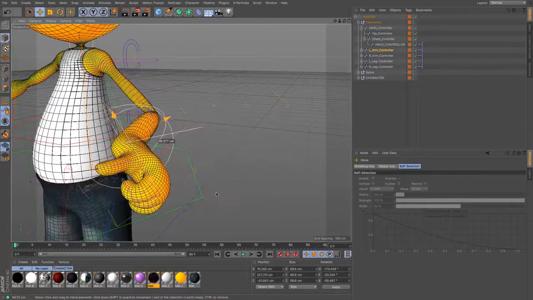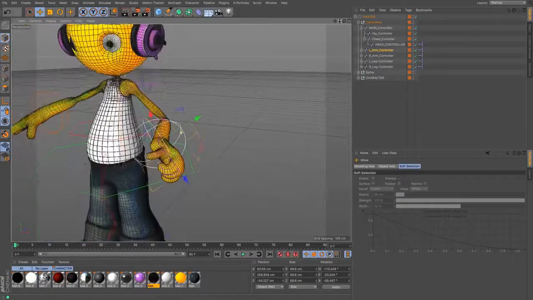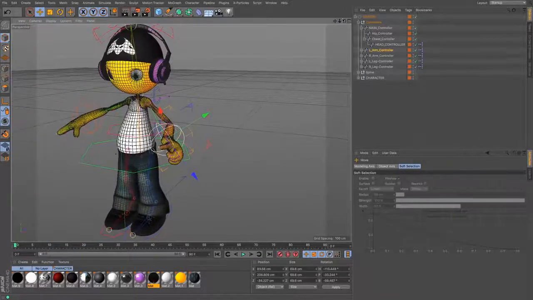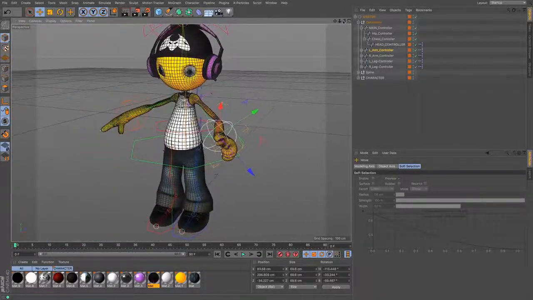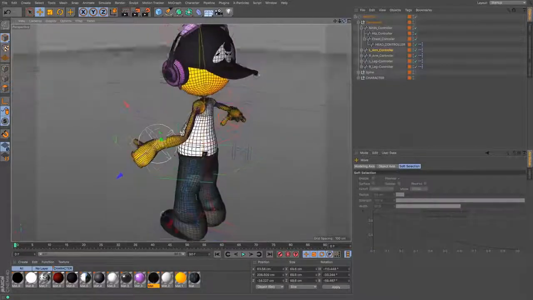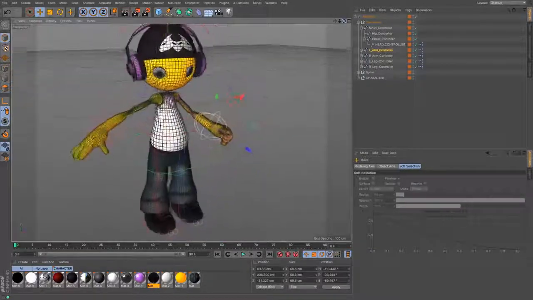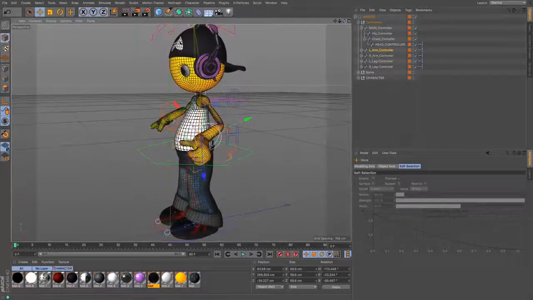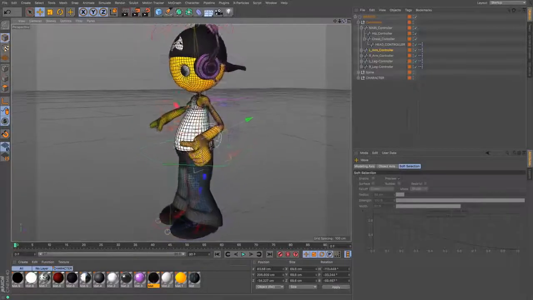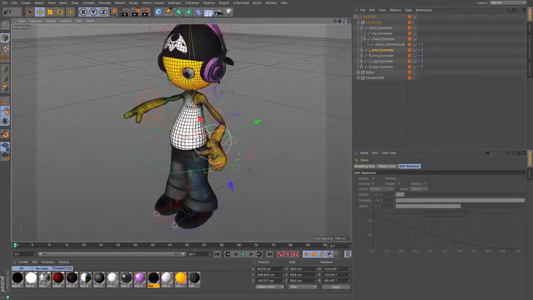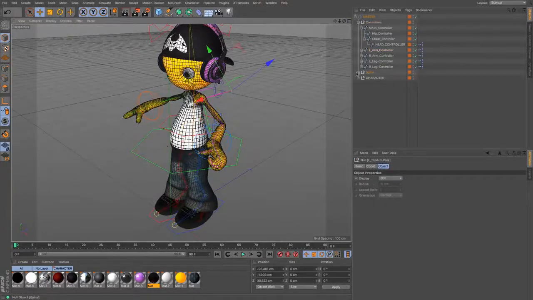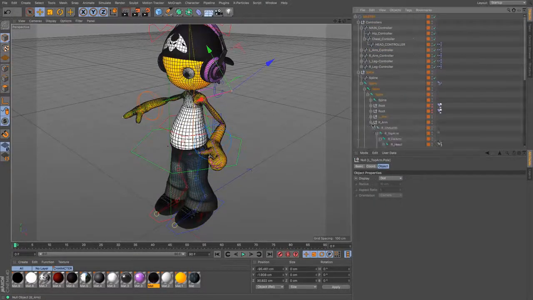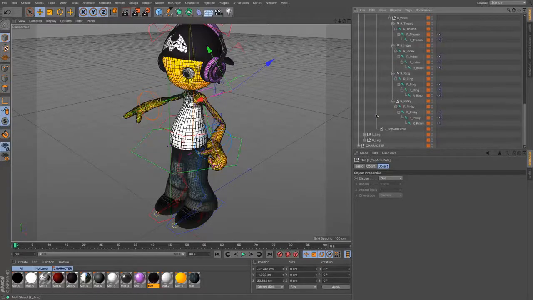So this is our little character. These are the controls that allow us to do a variety of different things with him. And what I'm going to do very quickly is set up a little animation, just a walk maybe, and we can have a little play with seeing how that's done. There are a few extra points which you've got under the left and right arms. They're largely hidden,